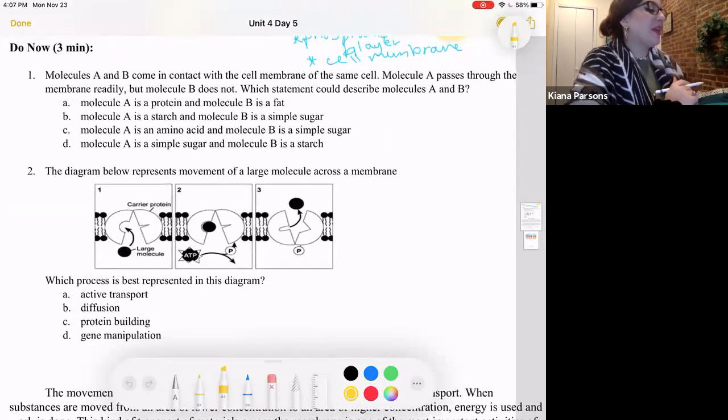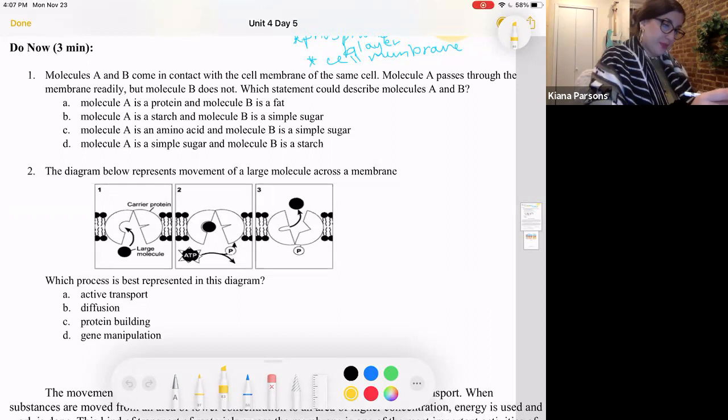Molecules A and B come in contact with the cell membrane of the same cell. Molecule A passes through the membrane readily, but molecule B does not. Which statement could describe molecules A and B? Molecule A goes easily through. So that could be